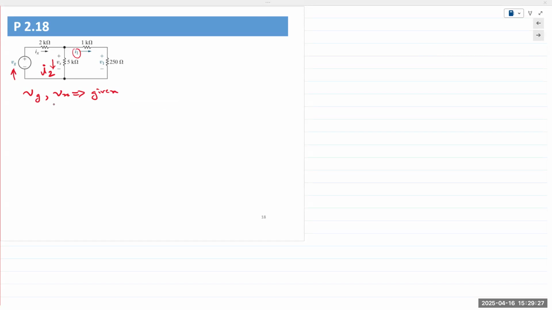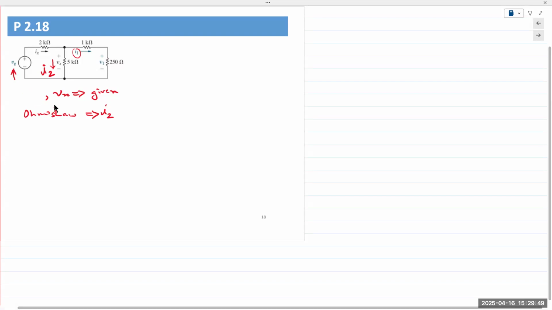Since Vx is given and the 5 kilo ohm resistor is given, we can simply apply Ohm's law and determine I2. Okay, yes. Vg is not given, Ix and Vx are given. All right, so we can apply Ohm's law and we can find,